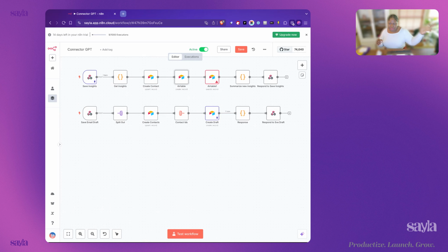So like Zapier, it takes data in and it does the thing, and then it just does it, right? N8N lets you do the thing. And then at the very end, you say, hey, I want you to respond to ChatGPT, to whatever triggered the webhook, send them a response, tell them what happened. This is what's really powerful, because now I can do anything in here. As a matter of fact, I can add more AI steps.